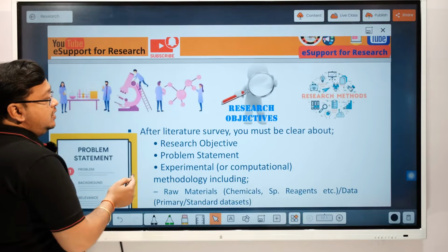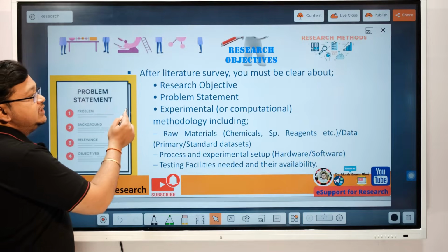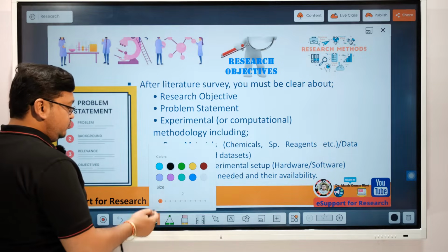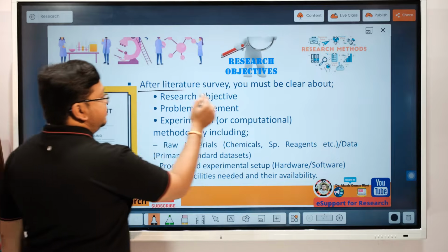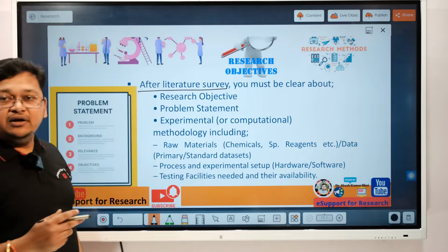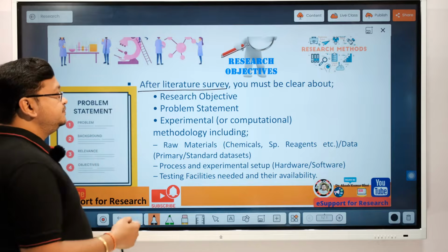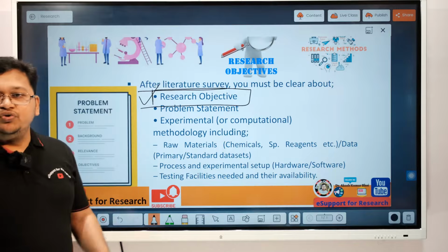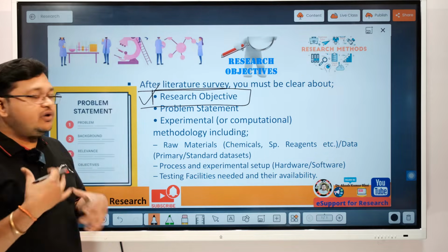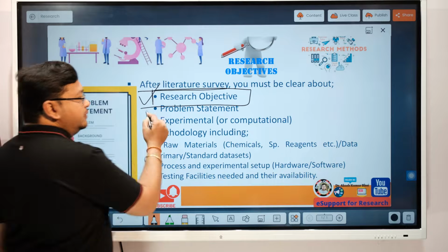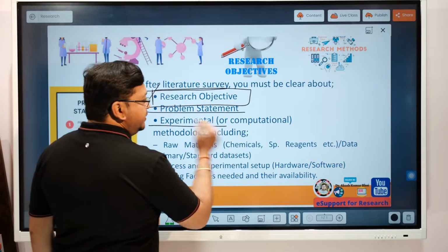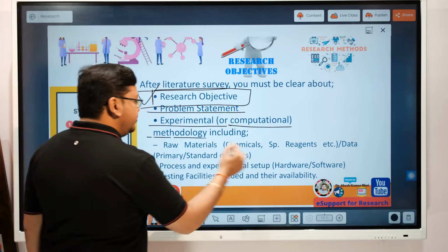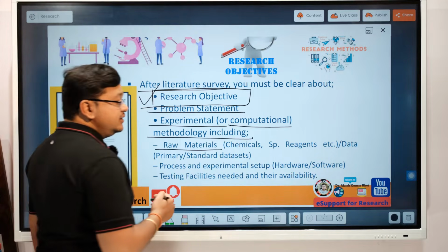Further, the research objective, when we talk about after doing literature review, because we are giving much time here, because you need to understand that when you do literature survey, you should have a research objective, because if you do not have the research objective, how will you be able to initiate the work? Then the problem statement, then the experimental or computational strategy, or the methodology that you will be adopting, and the raw material,